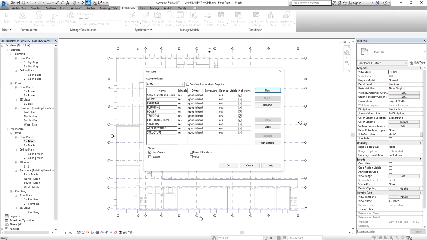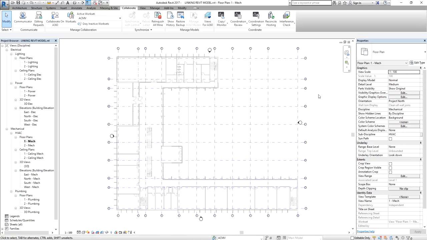So after that, you will notice that you are the owner of these work sets. So all elements that you will be creating, for example, if you create an ACMB, those elements that you create will be placed under your name. All right. Okay, so after that, I'm going to select OK. There you go. Okay, so I just select no for this one. It's just asking me if I want to create the last work set as my active work set. So I'll just select no.